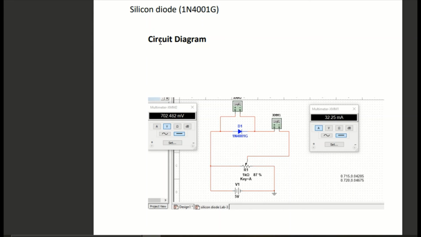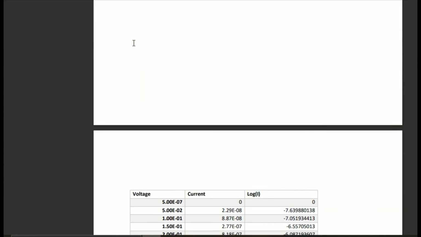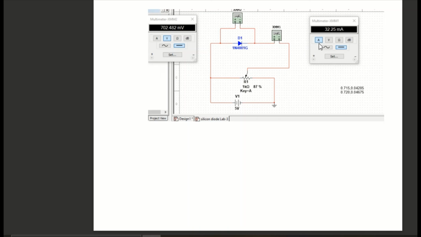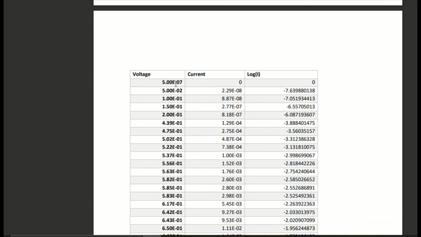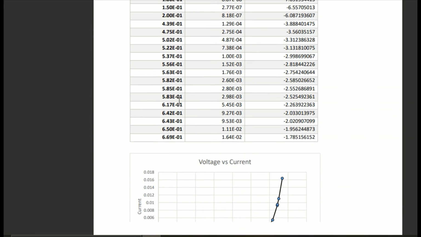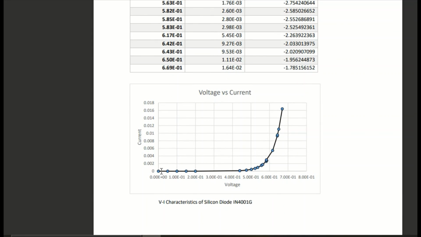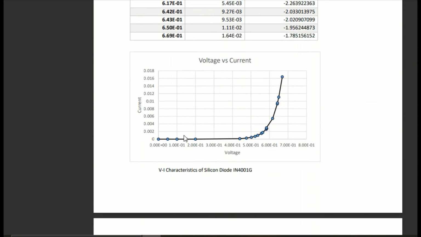This is the circuit diagram as I have shown previously. The voltage, current and the log I characteristics, we need to record from the Multisim circuit. Here is the voltage value as well as here the current value, and we need to apply it for every single percentage. There are actually many values you can use for getting a graph like this. This is the forward bias characteristics